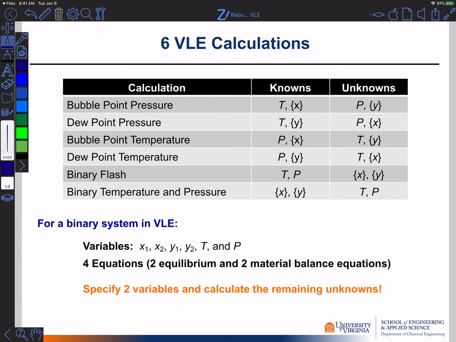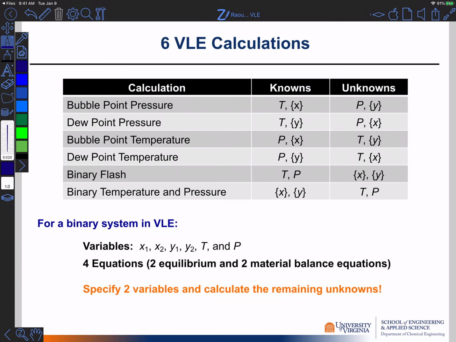And the simplest case scenario is if we have a binary system like we're going to talk about here, but we could imagine having these situations become more complicated if we had more components. And so, these calculations, start off with the bubble point pressure calculation, right? What's going on here is we're looking to calculate the pressure and the composition of the vapor that forms initially in the first little bubbles that start to occur out of a given liquid with composition given as X and